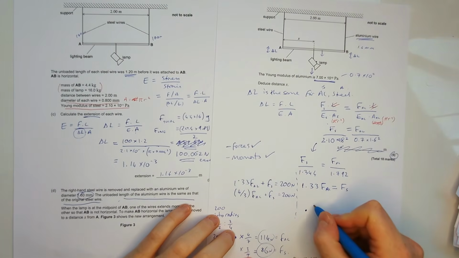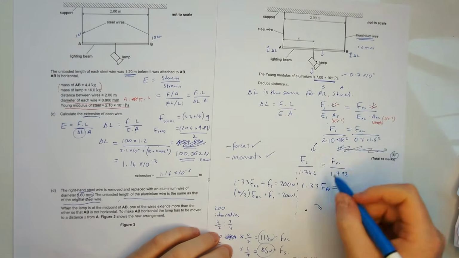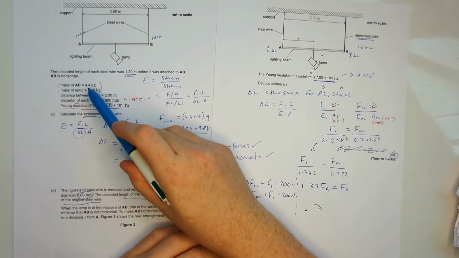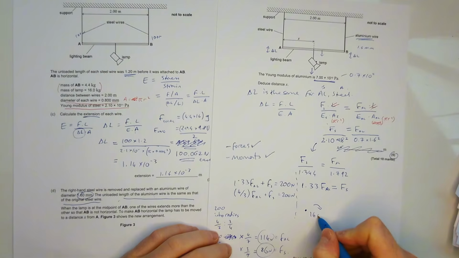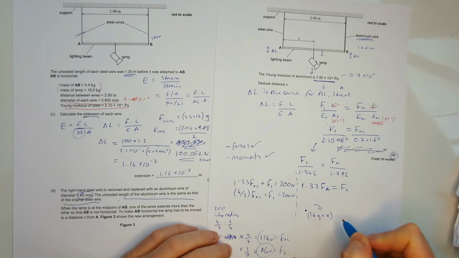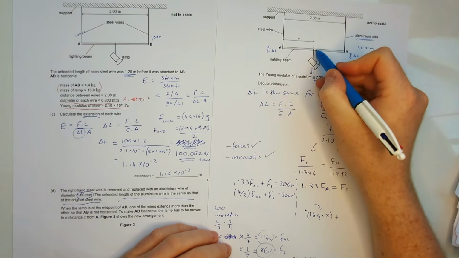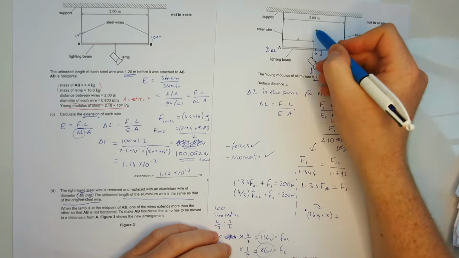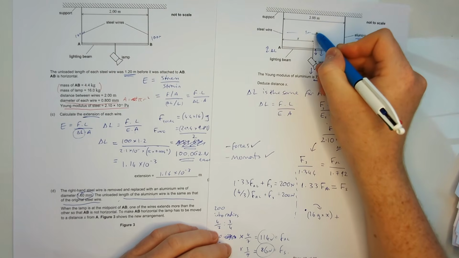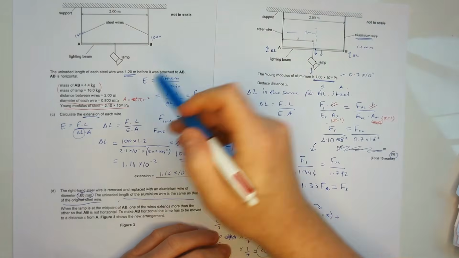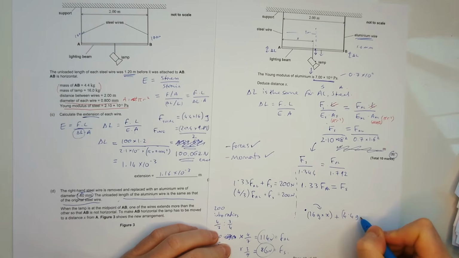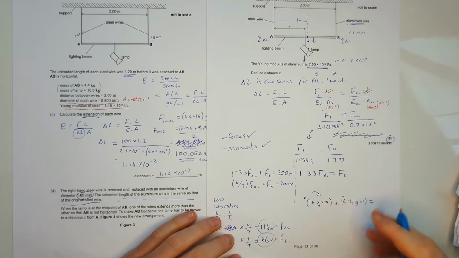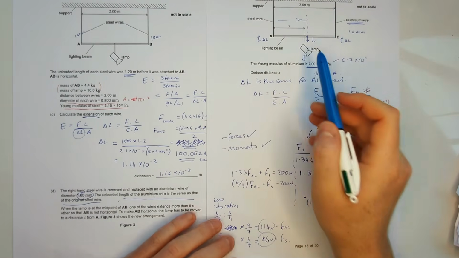So first of all, clockwise moments. I've got the lamp, which I know its mass, so therefore I know its weight, which is 16g. We don't know how far away it is, so I'm going to say 16g times x, because we don't know what that is. And we've also got the center of mass. Don't miss out this bit. The center of mass of the beam is going to be 1 meter away from the pivot we're using. We do know its mass, it's 4.4g, and it's 1 meter away, so I've put it in there just for completeness, but we don't need to worry too much about distance. And that's then going to equal our